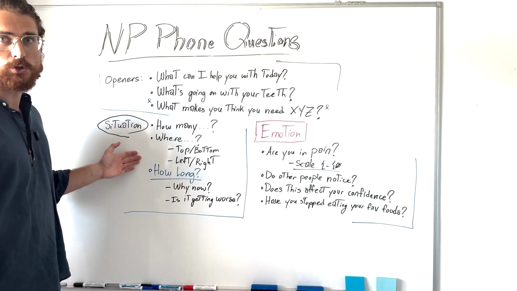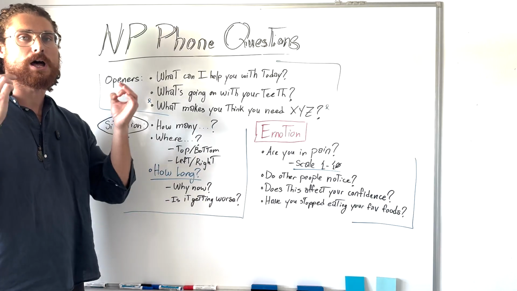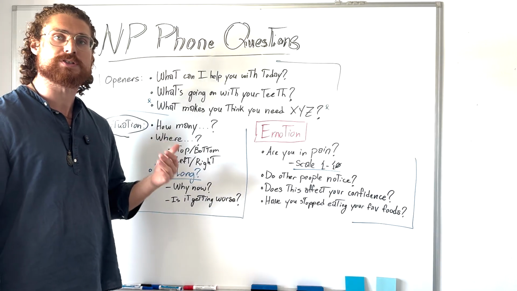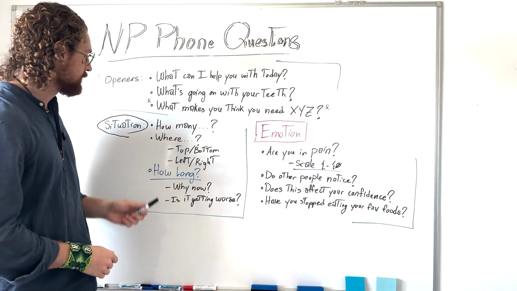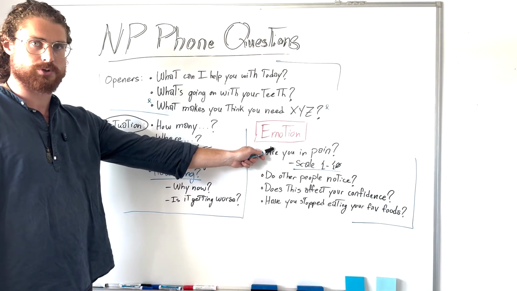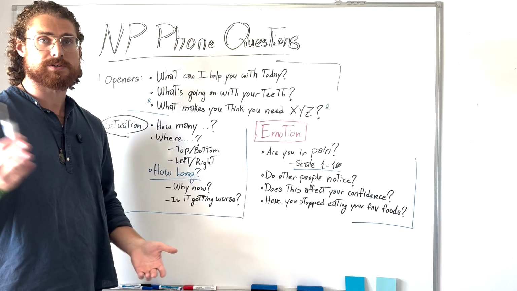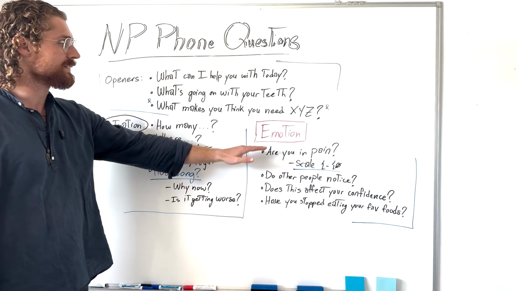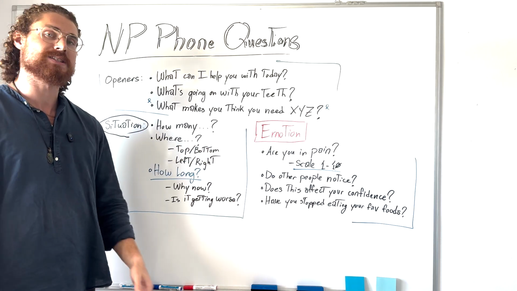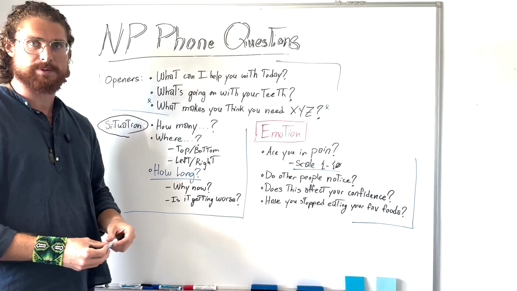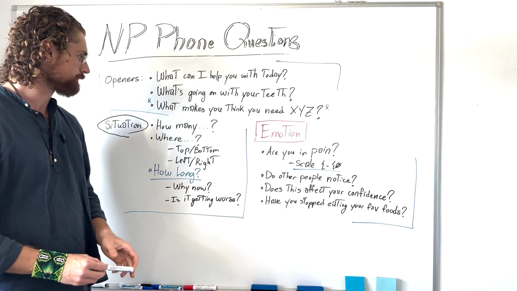So the situation questions, these are all about what's actually objectively going on in your patient's mouth, right? We need to ask these questions because without them, we're never going to get to the emotional questions. By the way, one of the biggest mistakes that most of you might be making is you're not getting to the emotion in the phone call. What this causes is patients to not commit to their appointment. So if you want higher show rates, you've got to get to the emotion.